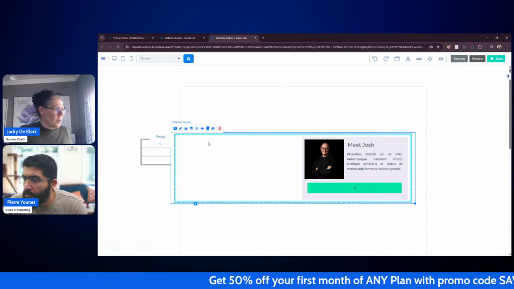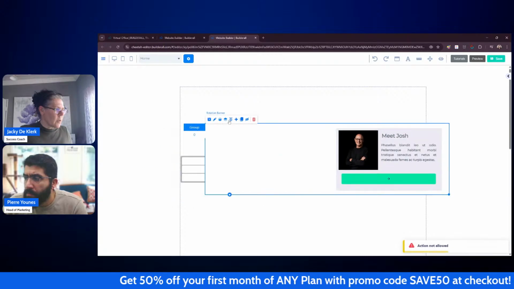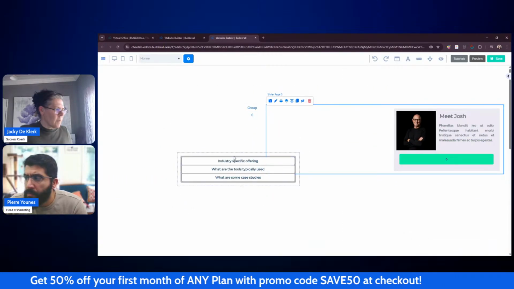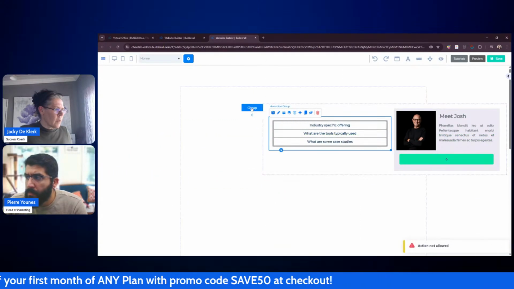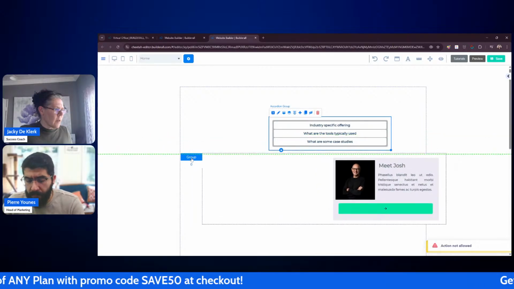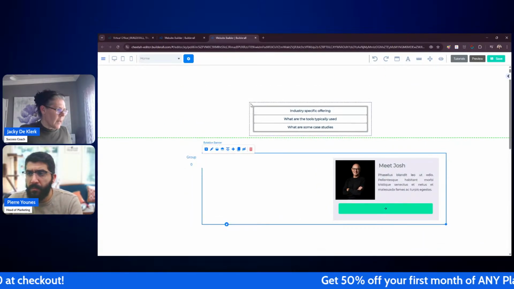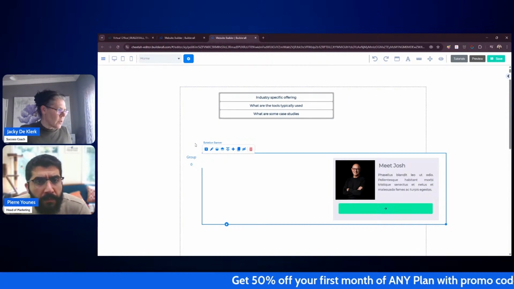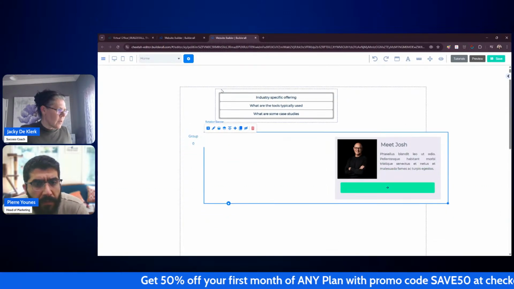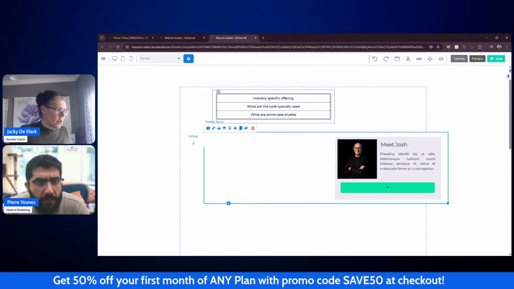See, it doesn't want me to add it inside of the box. It goes outside of the box. So the accordion is the problem. It doesn't want to go inside of the box. Okay. But it should not stop us